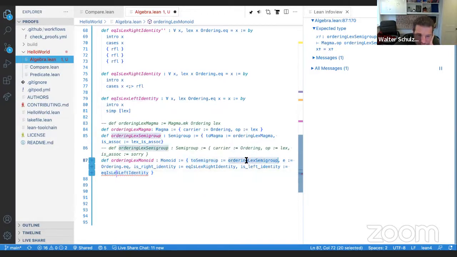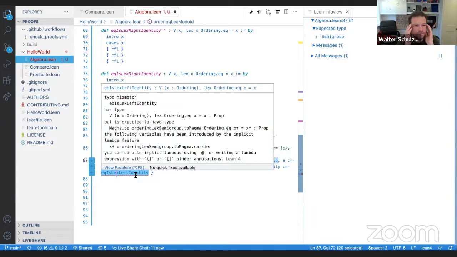You used semigroup. Ordering EQ equals X, right? And then